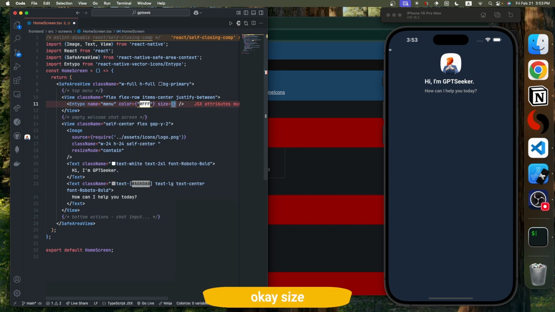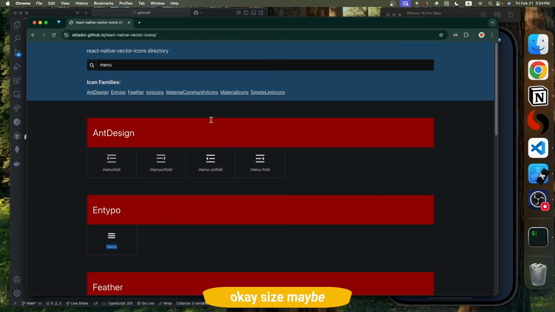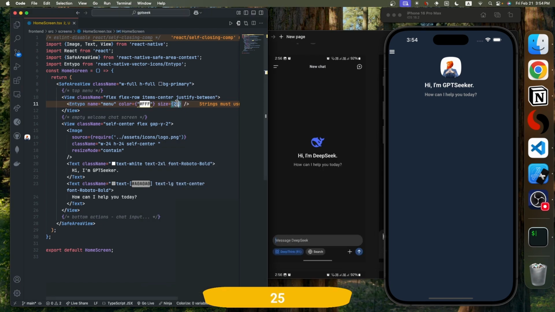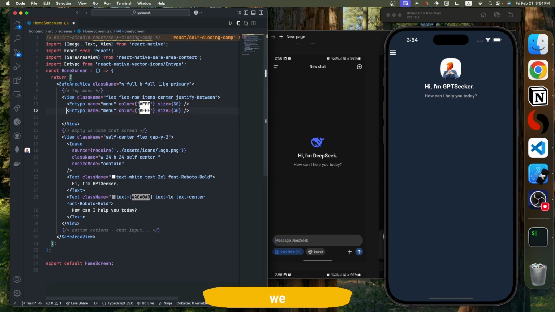Size about 25 maybe. Okay. Just head to there is, yeah, it's kind of similar thing. 25 is good. Let's be 30 and see how it goes. Even cooler. Okay. It's nice. And we have another